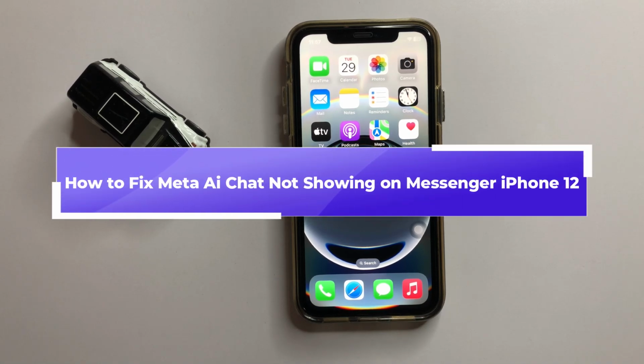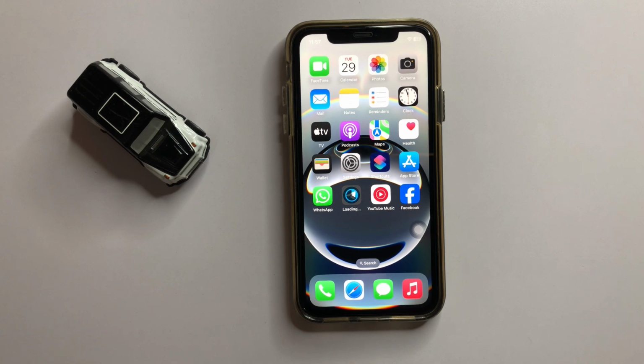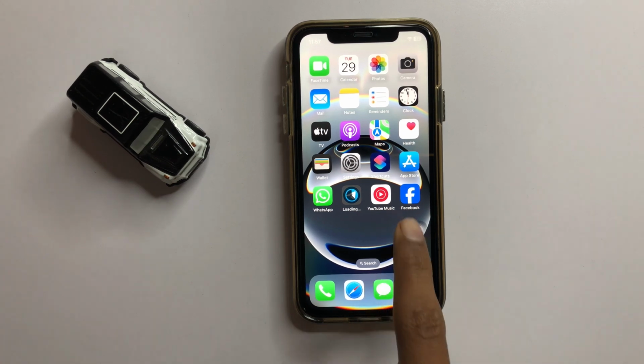How to fix Meta AI chat not showing on Messenger in iPhone 12. So let's start the video. First of all,